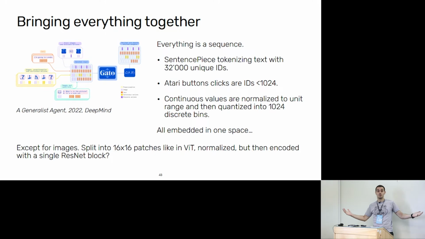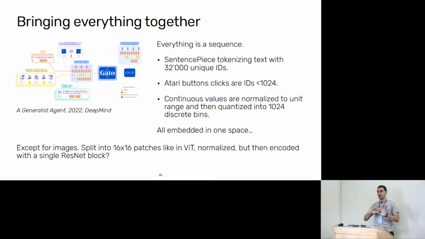And because we can do so much, why not bring it all together? I guess that's what DeepMind said. So they designed this network called Gato, which is the generalist agent. It works on RL inputs, essentially Atari games. The way they work with them, they pass them through essentially the same transformer as the text part. For text, they use a SentencePiece tokenizer with 32,000 tokens. And they've added another 1,000 tokens for all the keyboard buttons that you can click when playing games. And then they also use 1,024 unique identifiers for continuous values.